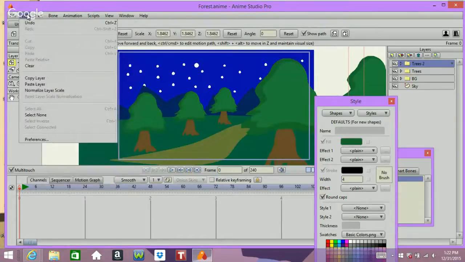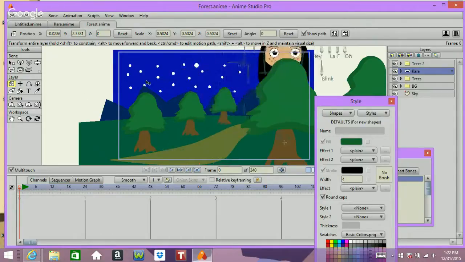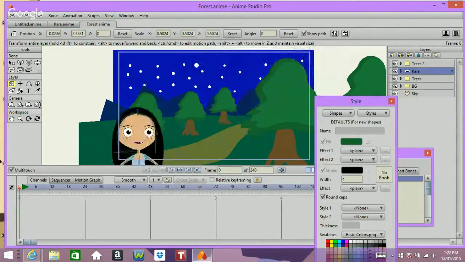Then go ahead and just paste that layer into the world or the scene. I'm going to be putting Kara behind these trees so that when she goes this way,